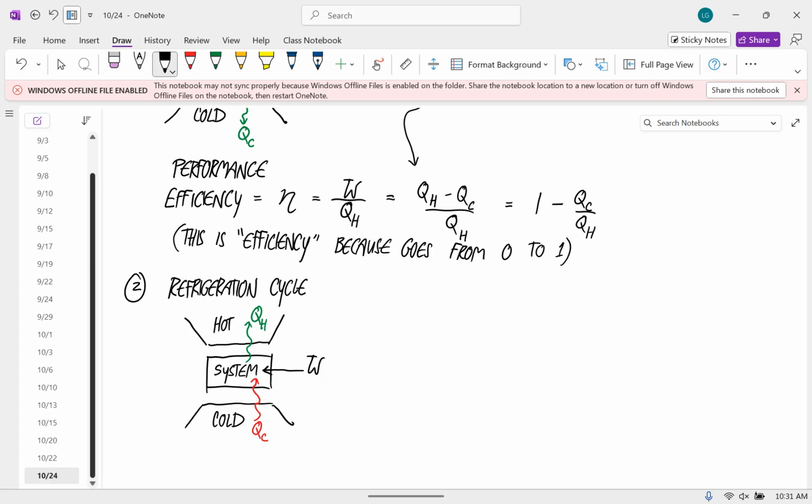Anyone remember or know from outside experience what the form of the work is that has to be done in order to make this happen? Yeah. You usually squeeze the gas. Yeah, that's right. So there's a compressor inside the refrigerator, and if you compress a gas, the temperature goes up. So as what our system is, the refrigerant moving around the pipes, and